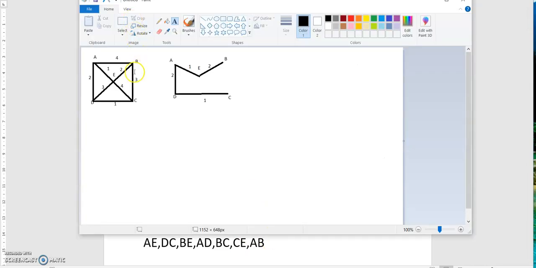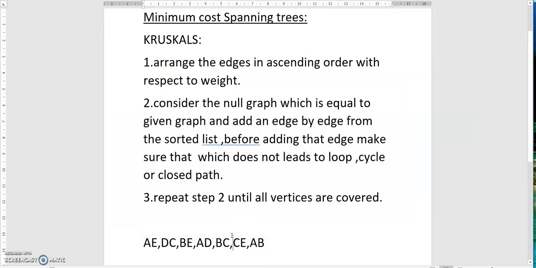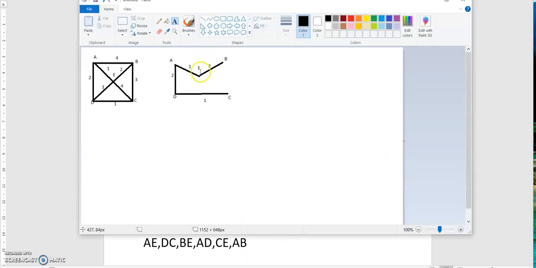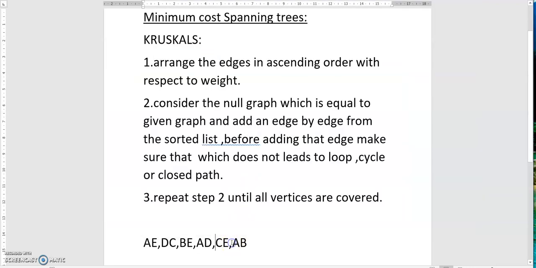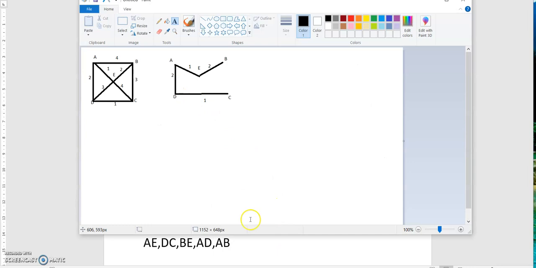Next BC. If you take BC, it also leads to a closed path. So remove this BC. Next CE. If we take CE, it also leads to a loop. So CE also should be removed. Next, AB. If AB is taken, it also creates a loop or closed path. So it should not be taken. So this is the final